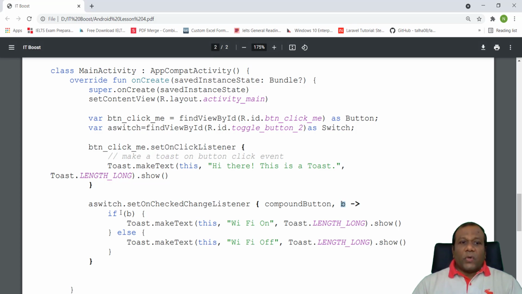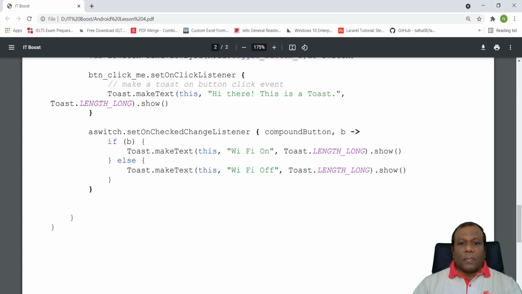So if b is true, if b is on, then Toast.makeText this Wi-Fi on, toast length long show. Else, meaning if b is off, if the button is off, else Toast.makeText this Wi-Fi off, toast length long show. So I will add this set on checked change listener.